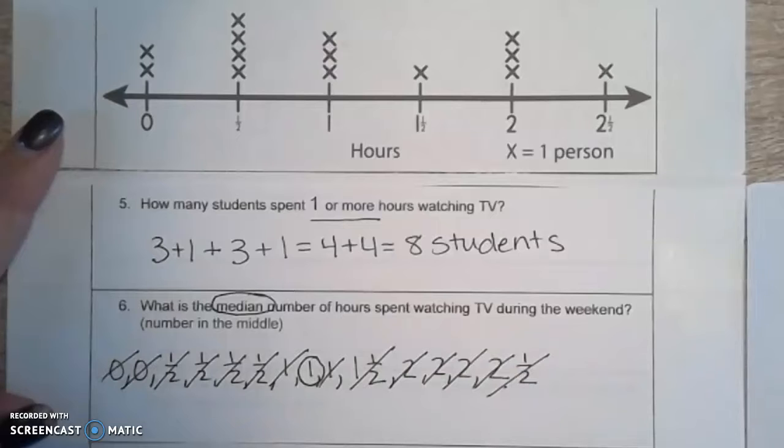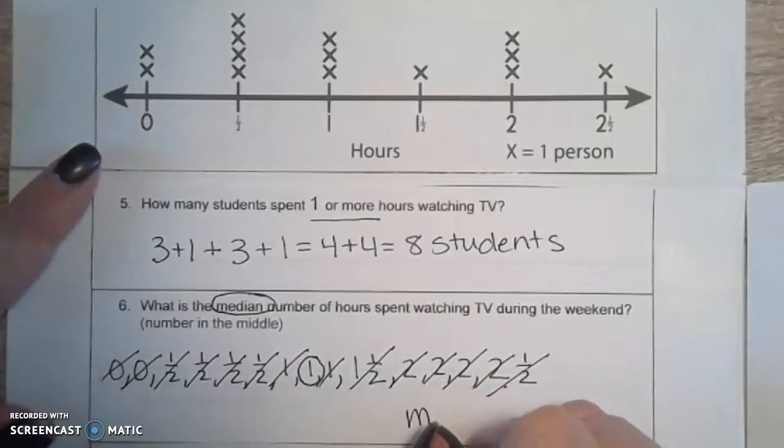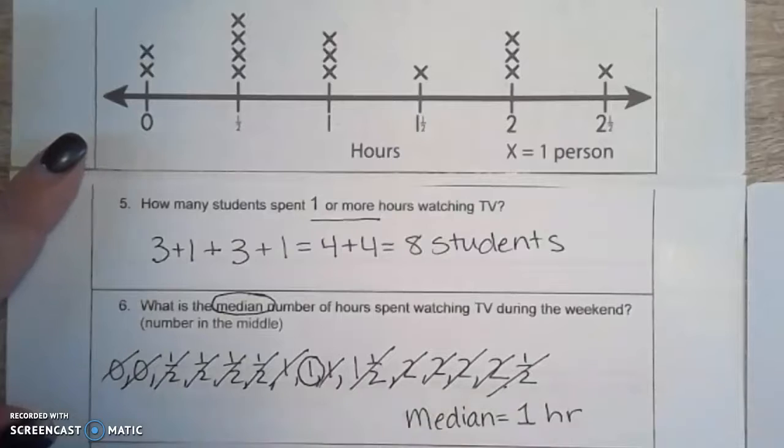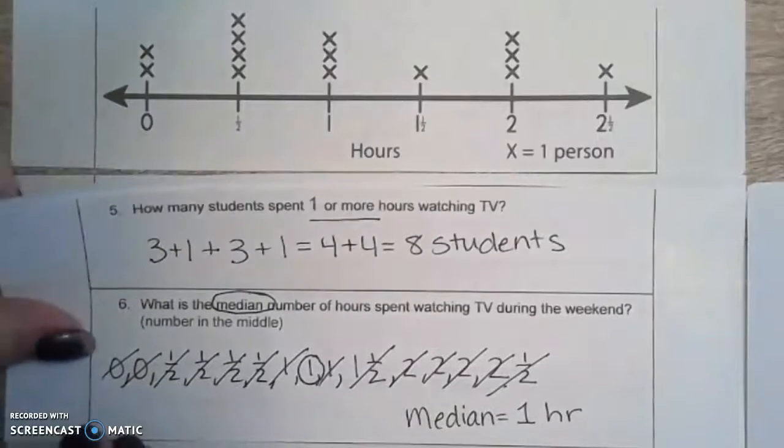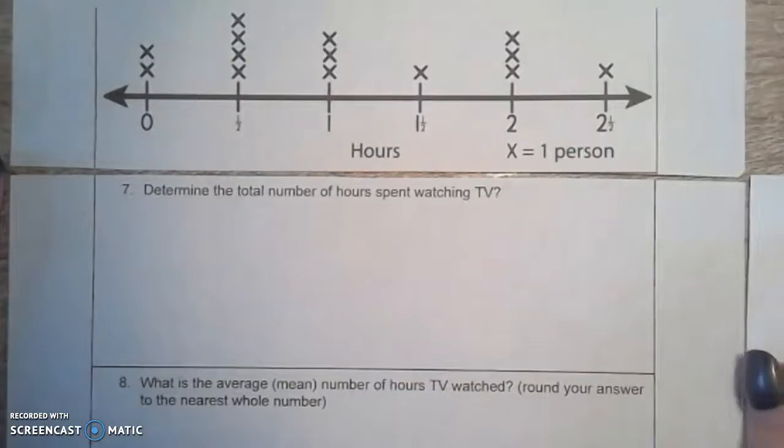This number I get is actually 1. So my median is actually 1 hour for that one. Number 7 on this same line plot graph for watching TV says, determine the total number of hours spent watching